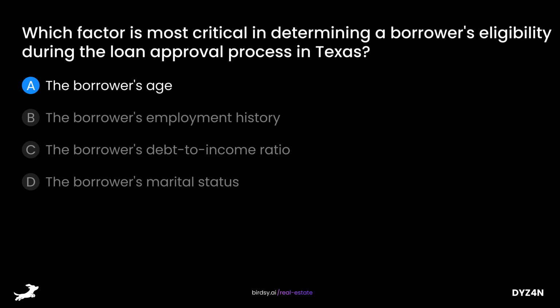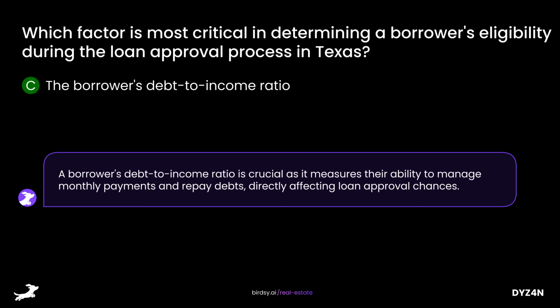Is it A, the borrower's age, B, the borrower's employment history, C, the borrower's debt-to-income ratio, or D, the borrower's marital status? The answer is C, the borrower's debt-to-income ratio. A borrower's debt-to-income ratio is crucial as it measures their ability to manage monthly payments and repay debts, directly affecting